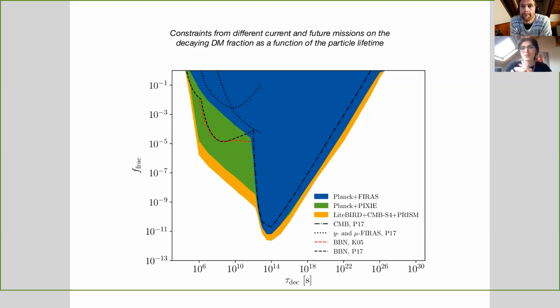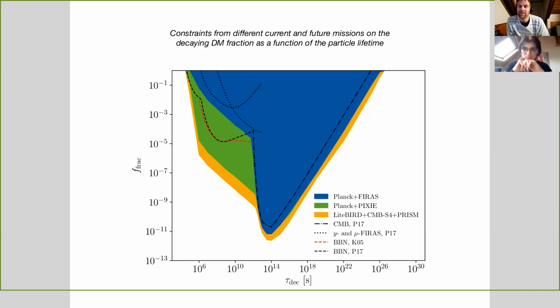This is the type of plot where we really see the synergy, because CMB anisotropies are sensitive to lifetimes from 10 to the 14 upwards, essentially. And from 10 to the 14 downwards, spectral distortions are more sensitive. So basically you can cut this plot in half, kind of where the dip is. Everything to the right is already constrained by CMB anisotropies. LiteBIRD and CMB-S4 will already give us very good constraints here. But everything to the left here is something that we need spectral distortions for. Without spectral distortions, we'd still be in the blue region.